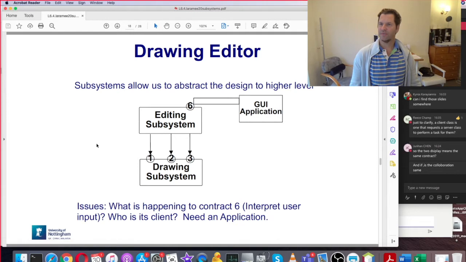Here's another example of subsystems collaborating with other subsystems. So this is a very high level design diagram of a piece of software. Here we have the GUI, and then we have an editing subsystem, and then we have a drawing subsystem, right? If we look at this carefully,